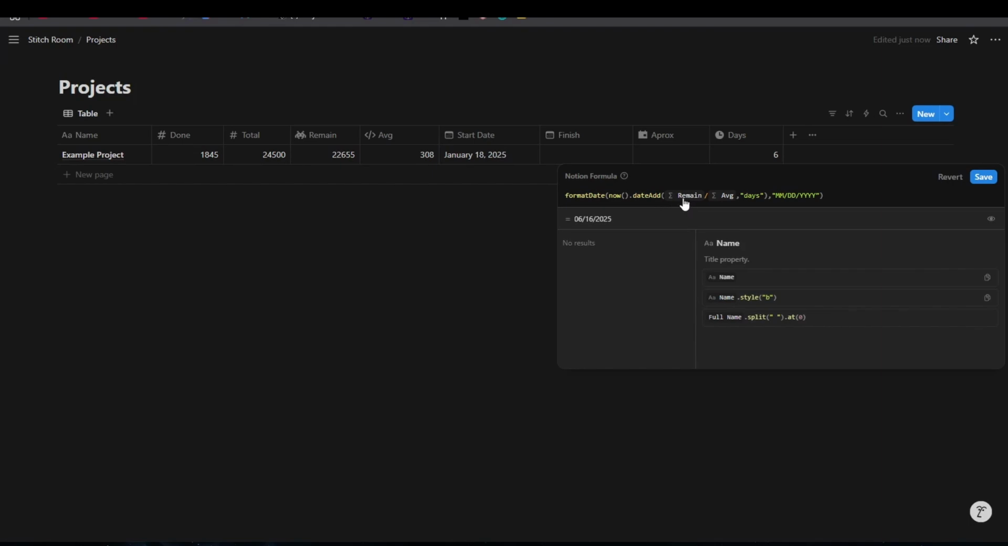Then what you're going to do is type "remain", and it'll show up down here, and you can click the remain button, divided by the average, comma, then type the word "days" in parentheses, and then another closing parenthesis. So notice we've got a couple of open parentheses. Now we need to start closing them off. So we're going to close one here. We're going to do comma, and then you'll notice inside quotation marks,